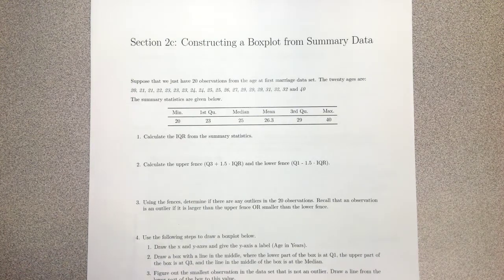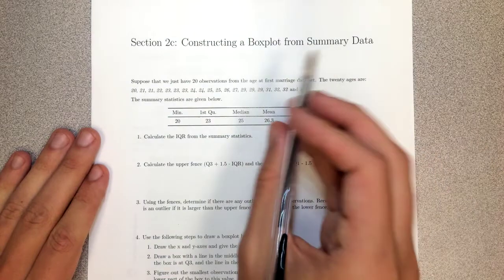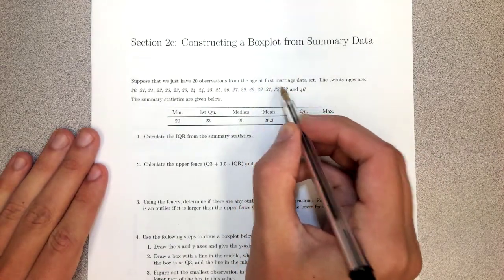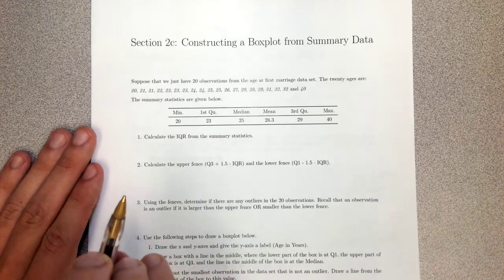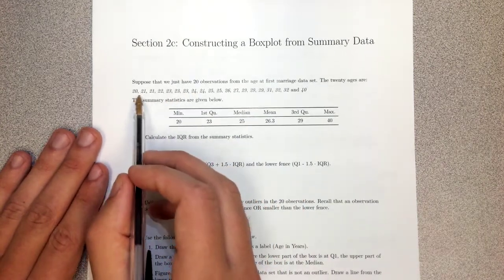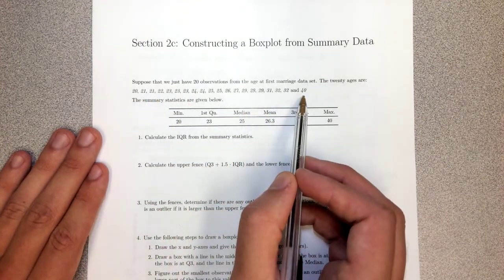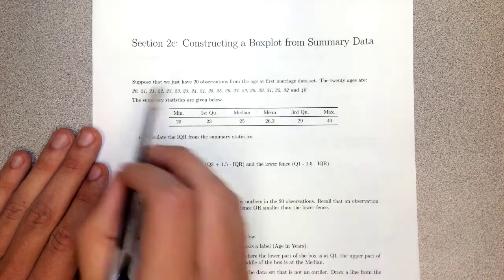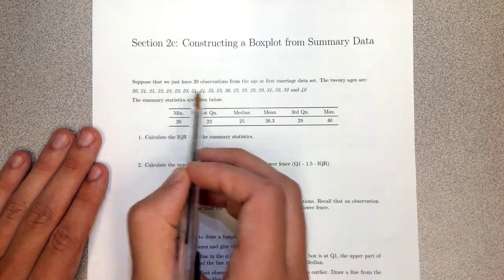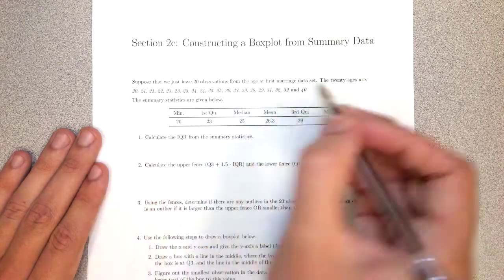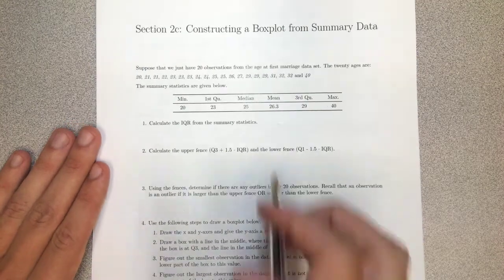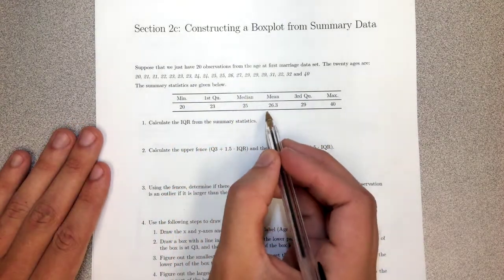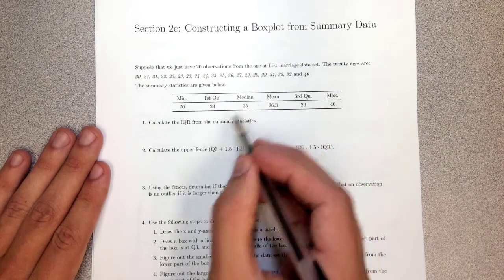And so we're going to look at this age at first marriage data set. But just to make it a little bit more manageable, we're going to suppose that we only have 20 observations of different women's ages the first time they married. So we see the youngest age is 20, the oldest is 40 for these 20 different women. And so we've got our nice table of summary stats that's going to help us make the box